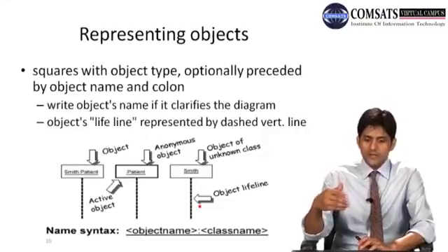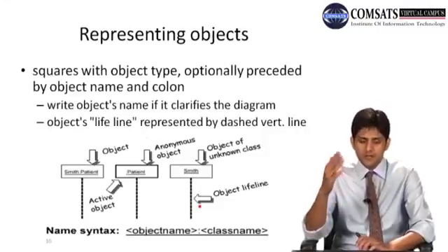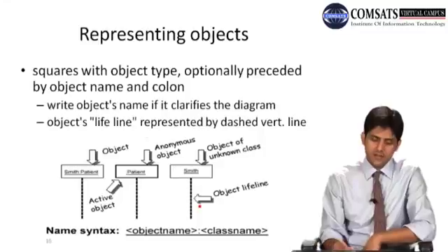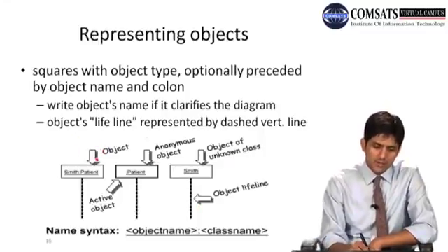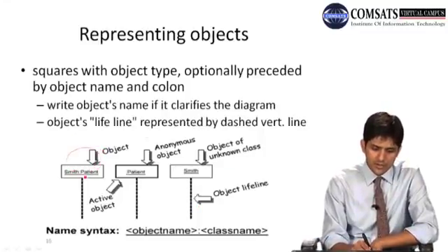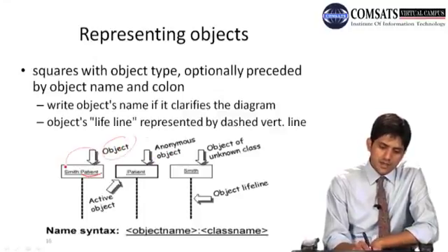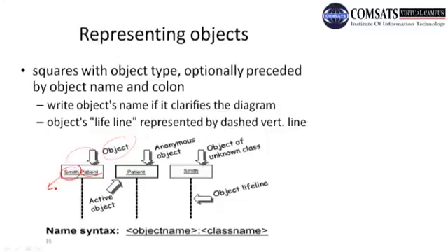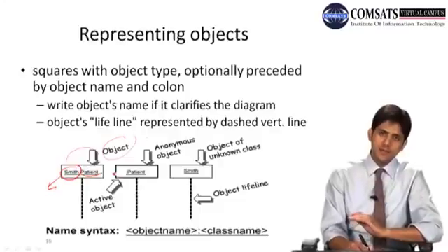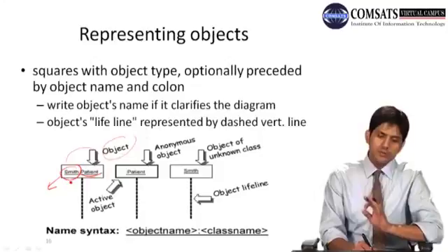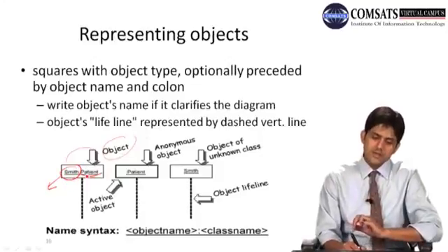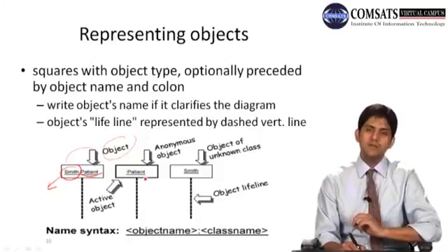Okay, then we have the object's lifeline, which is represented by a dashed vertical line, जो कि हम बहुत दफ़ा डिस्कस कर चुके हैं, ठीक है। अब ये जो है ये हमारा ऑब्जेक्ट है, और ये पेशेंट है। अब इसके अंदर this is an object जिसकी क्लास पेशेंट है और इसके अंदर हमने ऑब्जेक्ट का नाम भी लिख दिया, ठीक है। So we know what the object is, whereas this is an example of the object जिसके अंदर हमारे पास class and we write the name of the object, इसके अंदर क्या है, Smith,